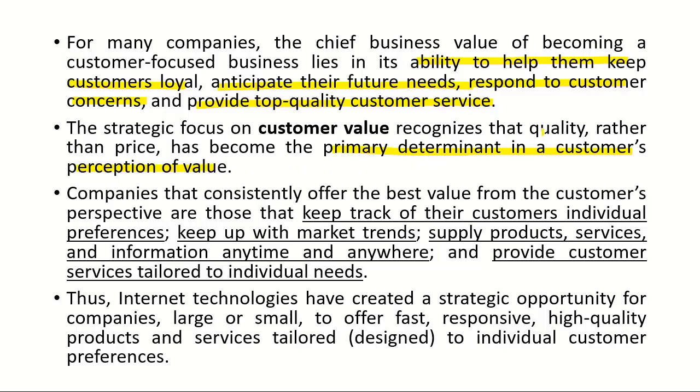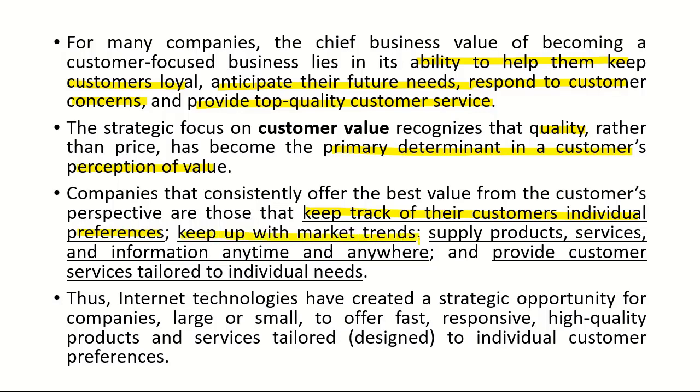Again, highlighting it's quality that became the number one primary determinant. And companies that consistently offer the best value from the customer's perspective are those that keep track of their customers' individual preferences. So these are the elements. If we are going to design an e-commerce or e-business site, we're going to keep track of our customers' individual preferences